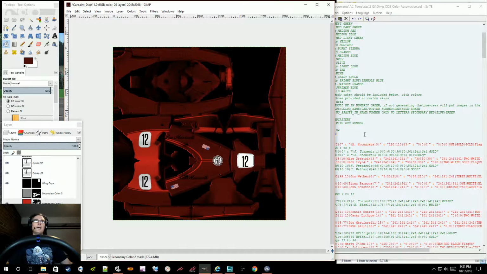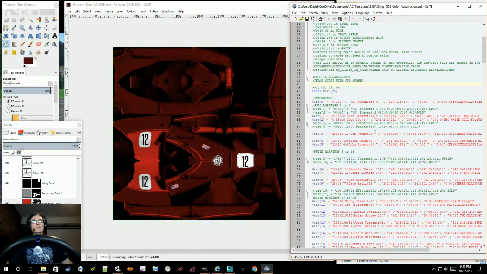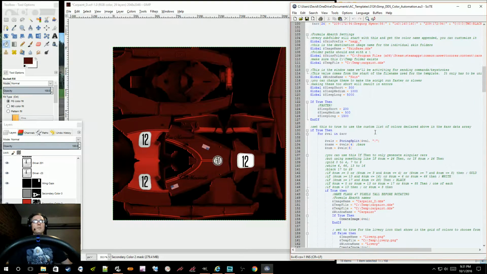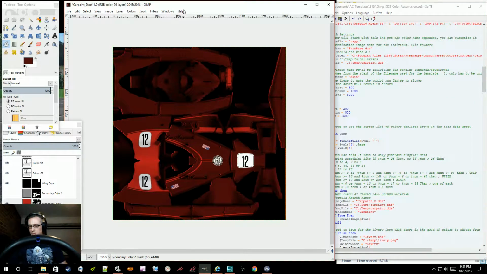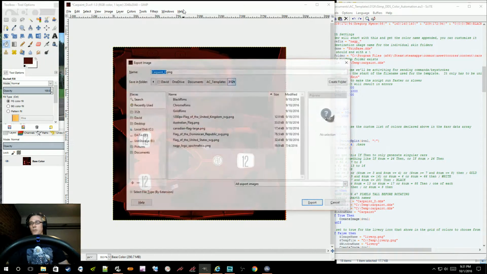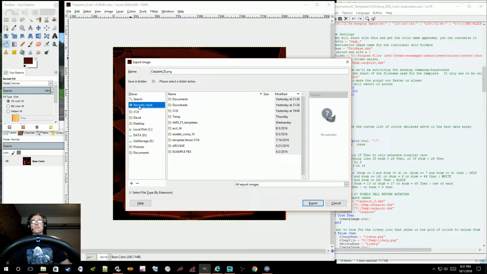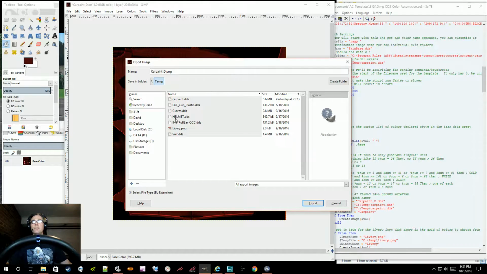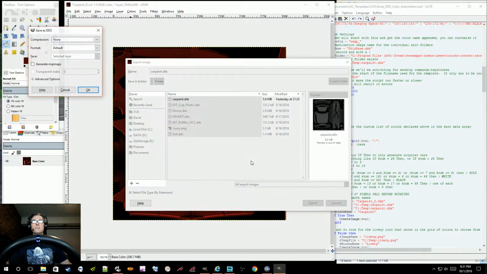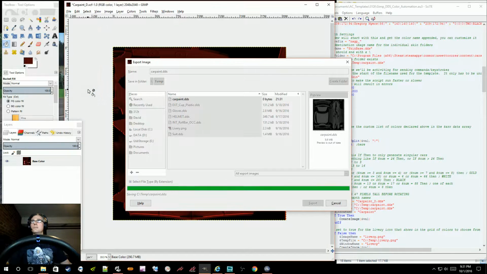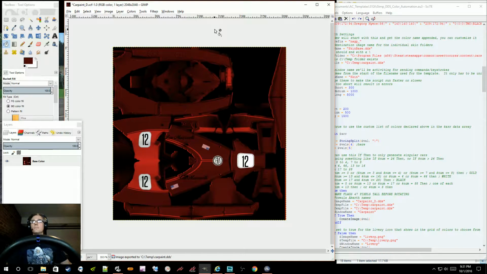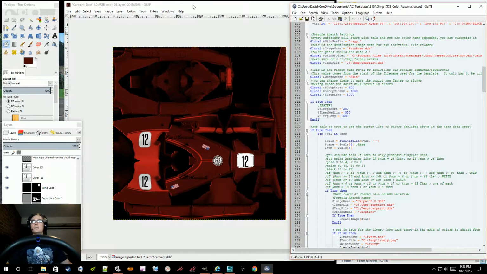So anyhow, I am actually working on this. So I'm flattening, and then I'm going to export. And these are all key commands that I've made. Export to here. Gotta use DXT5. Okay, I'm going to undo, because in order for my script to work,